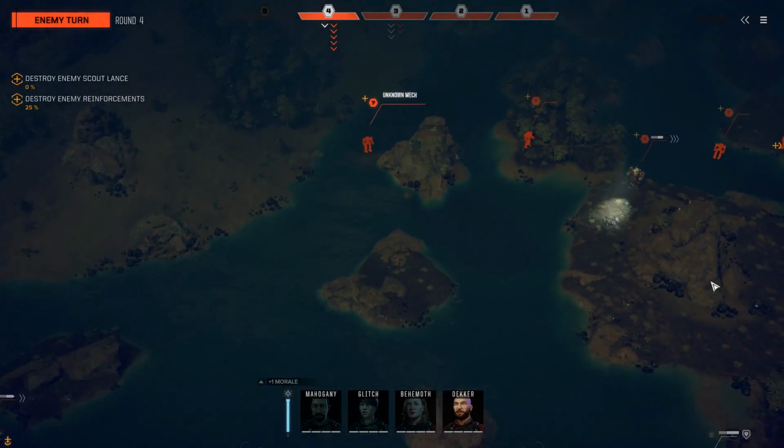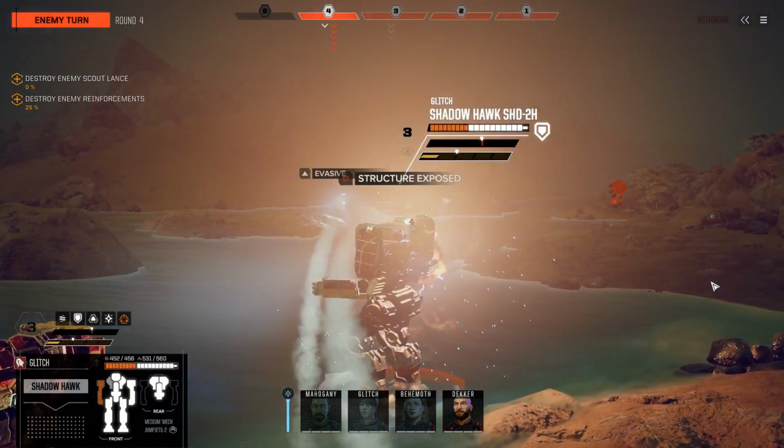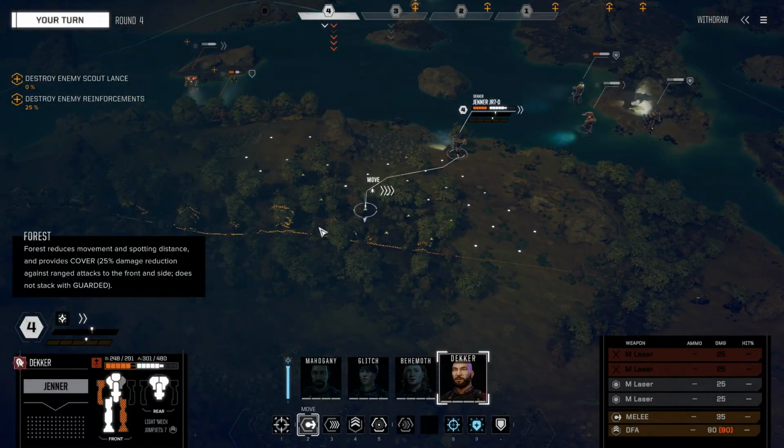Alright. Decker is definitely moving this turn. He cannot stay put anymore. Ooh. Shadowhawk needs to fall back. Alright, Decker. Commander? Let's get you...